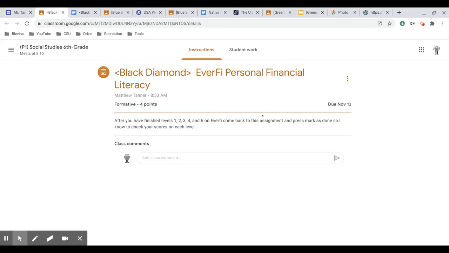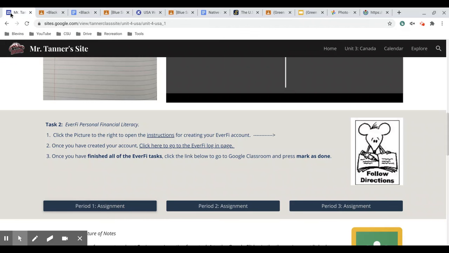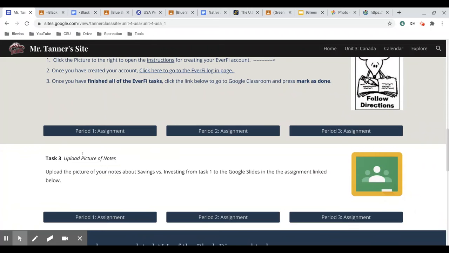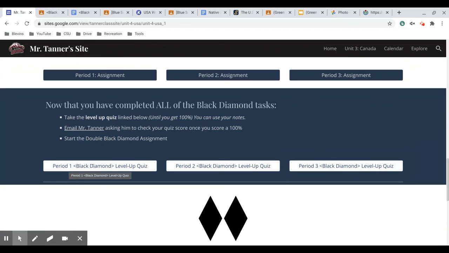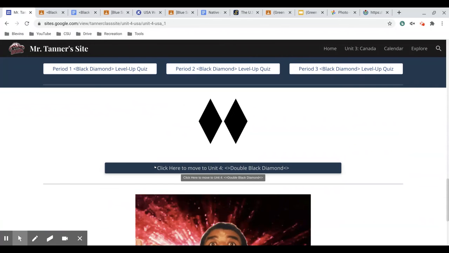So when you view this as a student, you'll have a mark is done button. When you hit mark is done, that will inform me that I need to go into Everfi on the teacher side and view your scores, because after each little lesson there's a quiz to check your understanding. So that's how I'll be grading this assignment, is your scores on those quizzes. Task 3 is just to upload the picture of your notes from task 1. And then you'll take the level up quiz, which will be about personal financial literacy, which takes us to the